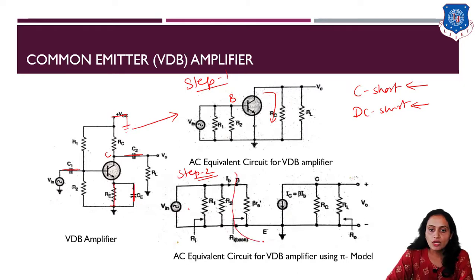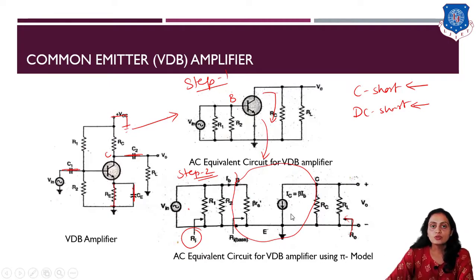So only this much portion is replaced for the BJT, that is with the pi model, else the circuits are the same. And we have denoted the input resistance, that is the resistance looking into the input terminal of an amplifier. This is the amplifier input terminal. Output resistance is the resistance looking into the output terminal of an amplifier with input being short circuited. So all this input and output resistance are shown in this equivalent circuit.